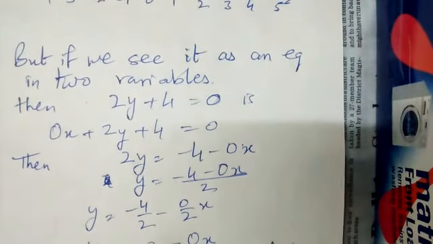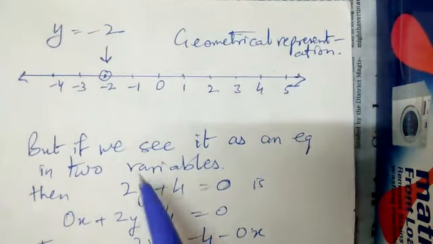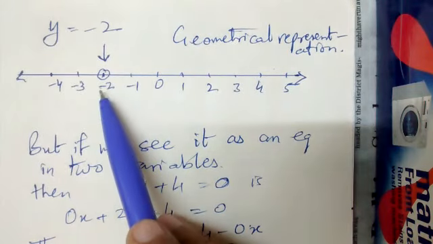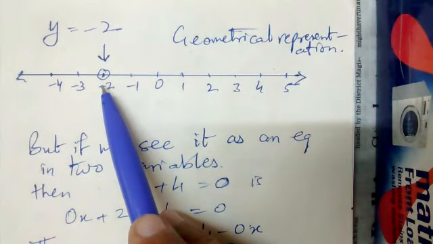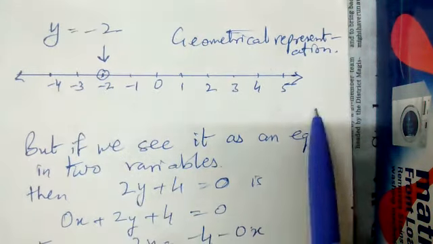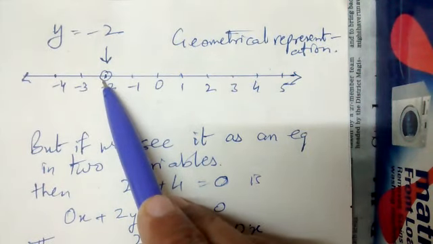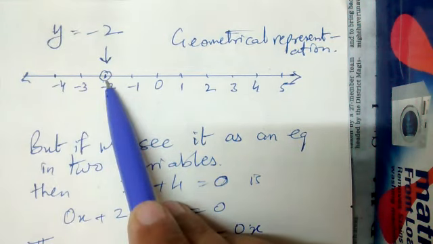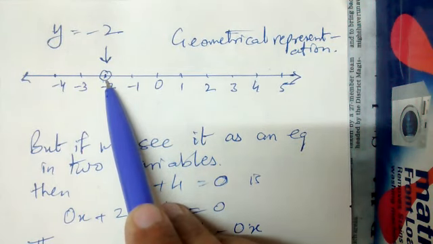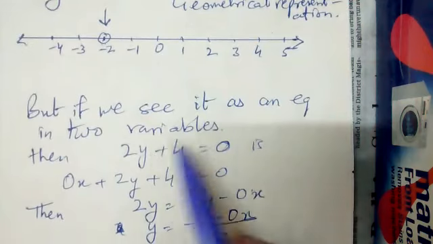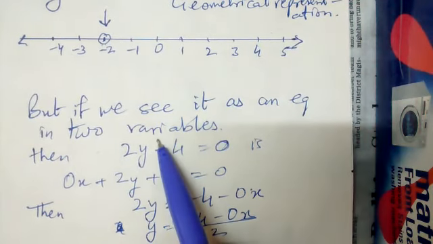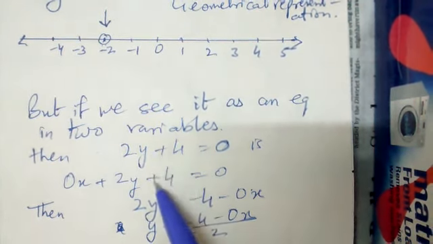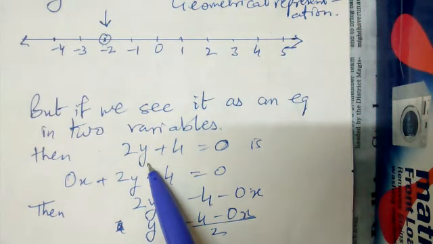Now if we wish to express this geometrically, we can show this result as a number on the number line. So this is the number line. We have minus 2 here to the left of 0. Y equal to minus 2. The equation is represented as a point on the number line. If we choose to see this equation as a linear equation in two variables, then this equation can be matched